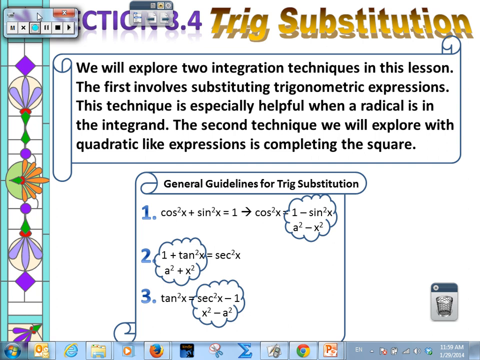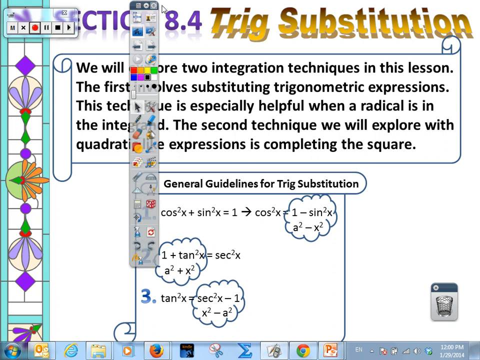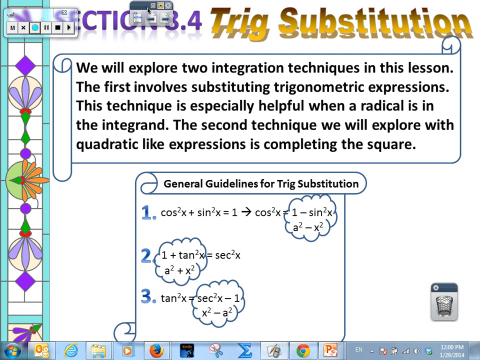The general guidelines that you need to use are here. If you don't remember these, then you're going to be kind of just running around in the dark. If you don't remember where to start, you're just going to try different things and it will take you longer. So it would be really important to remember, and let me explain what this is. In this first instance, number 1, if I set x equal to sine, then if I have something in my integrand like this, a number minus x squared,